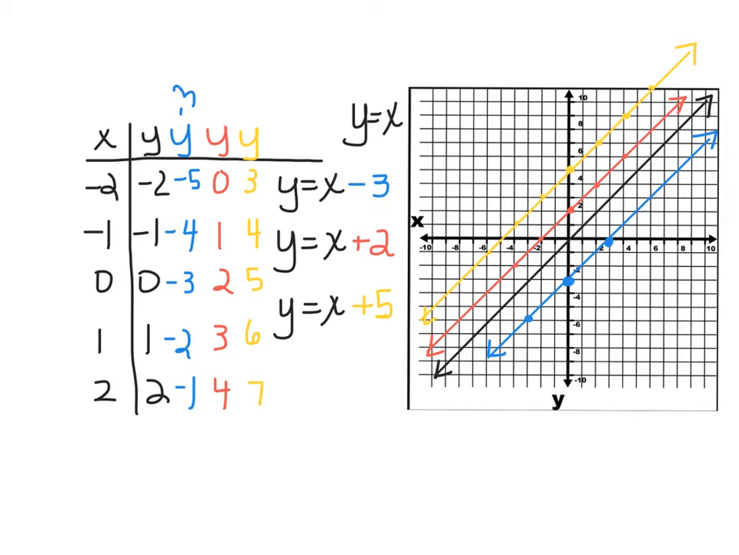The red graph. Notice, if I go to the red graph and find my points now, if I go to -2, I have 0. If I go to 0, I have 2. If I go to 1, I have 3. What happened between these y's and these y's? Well, I added 2. And the yellow, if we do the same, you'll see I added 5 to my y's. Where are those numbers coming from? Well, they're coming from this